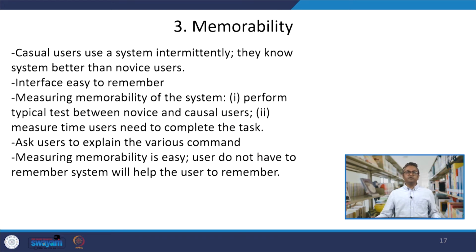The third component which we have to talk about is memorability, how much they can memorize. In memorization between the expert and the novice user, we see a difference between the two. Novice users seem to memorize an item better than the other users. Now the interface should be easy to remember, and when the interface is easy to remember, then memorization is not required